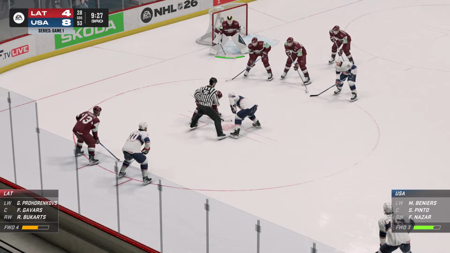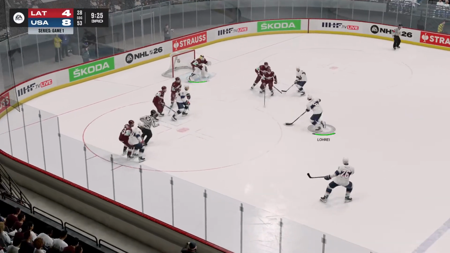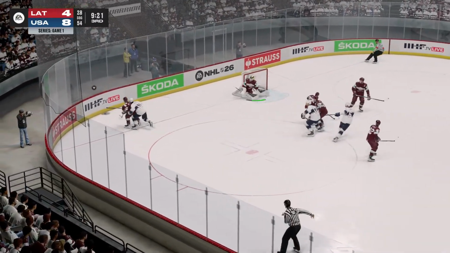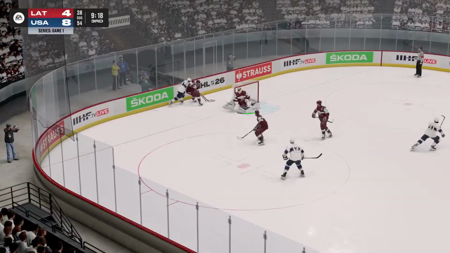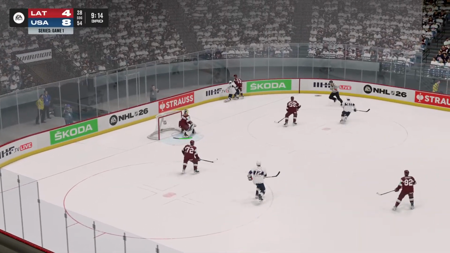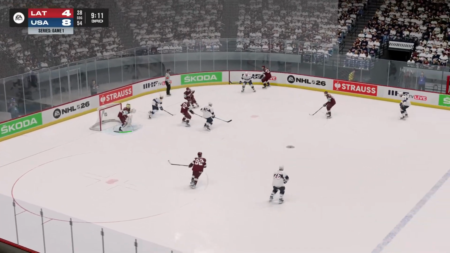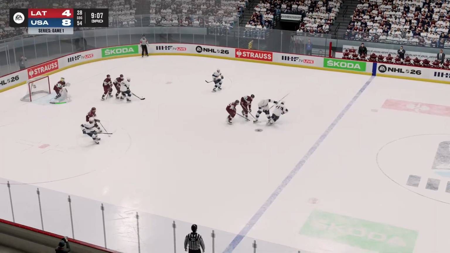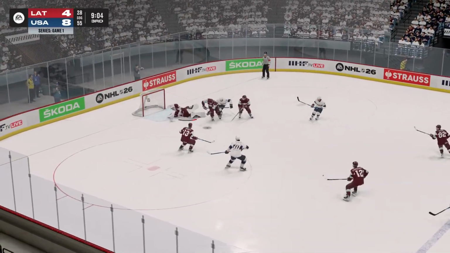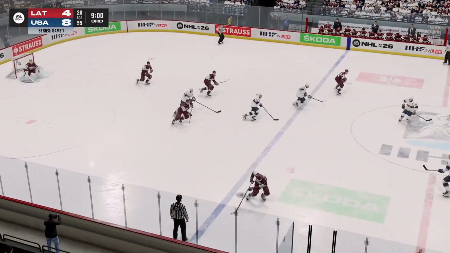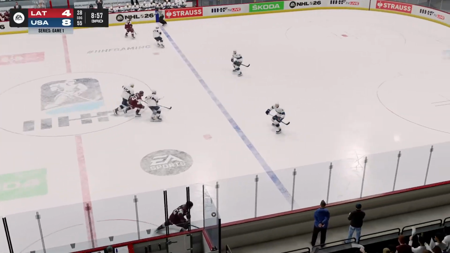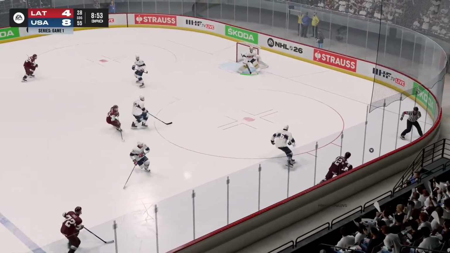9:27 to go in the third, 4-goal game. Face-off control by the United States. Laurie up the blocker. And it goes back behind. Matty Beniers pestering. United States gains control. Back up to the point, and Shea. Now Laurie lets it fly. Tipped around. Rebound out in front. Controlled by Latvia. Under 9 minutes to go here in the game.